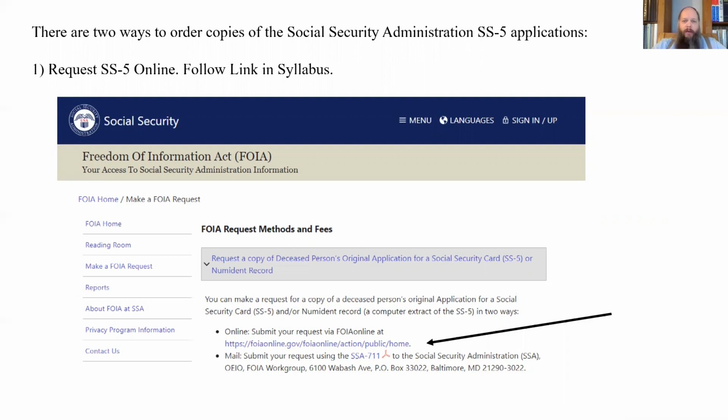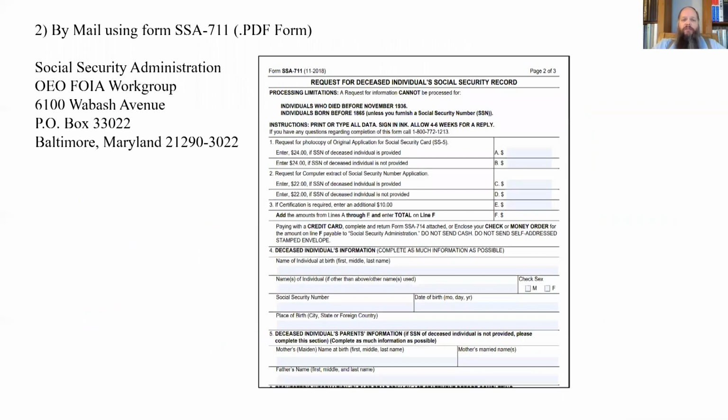You have to create an account and then follow the instructions to be able to access and pay for the record. The second way to access these records, and you can choose either of these ways, they both work, is to request it through the mail. The second way is using form SSA 711. This again is a PDF form. Again, it's available online. In the handout, I've included a detailed link how to obtain a copy of this form,